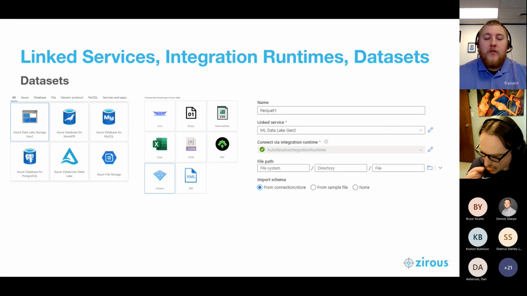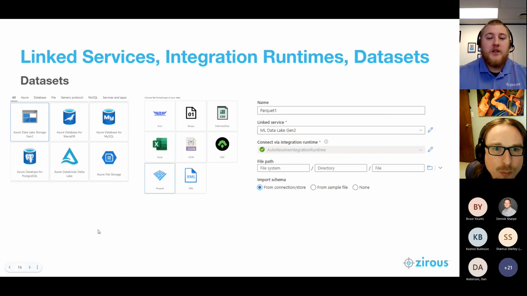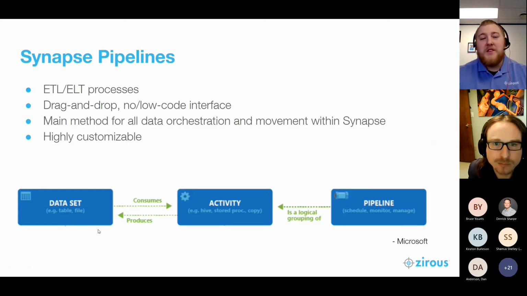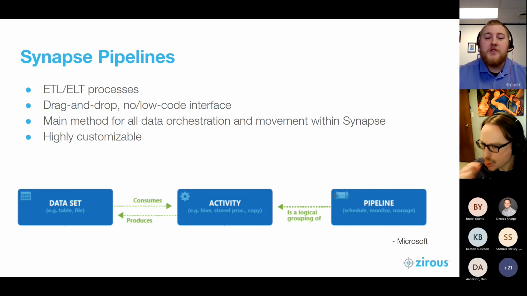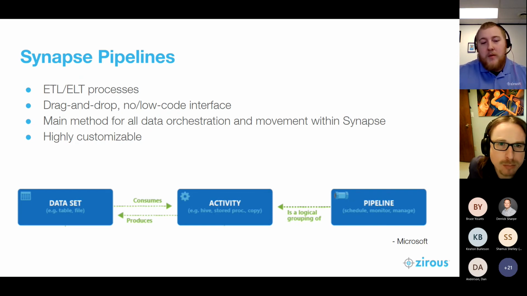So far we've covered where our data lives, what it looks like, and how we're connecting to our services. Next part is the meat and potatoes of what actually happens inside of Synapse, which is the pipelines. This is going to be how everything happens, all the data orchestration occurs inside of Synapse. You're going to be moving data around from sources to lake, and eventually from the lake to the relational data store. But what actually are pipelines?